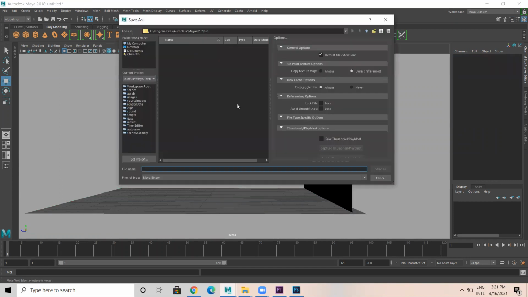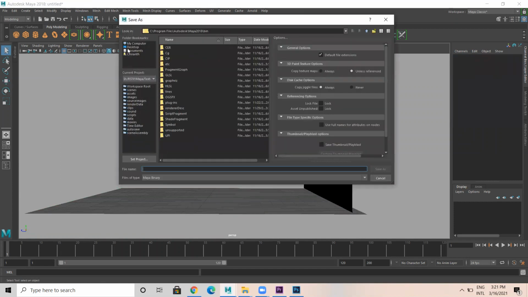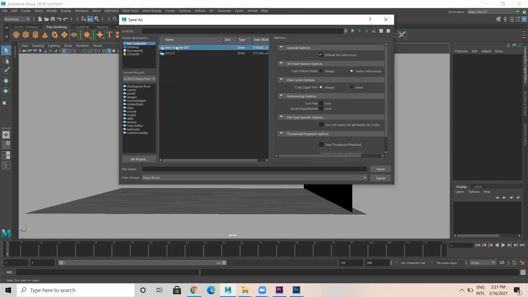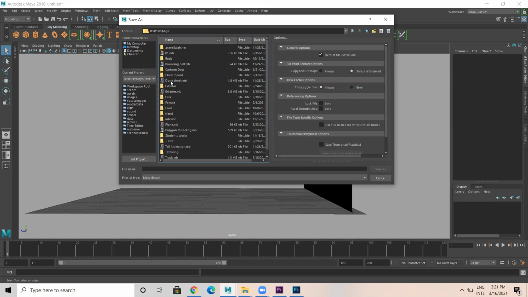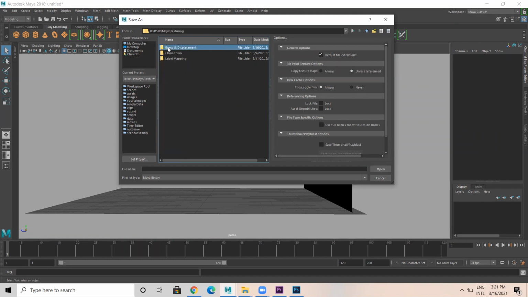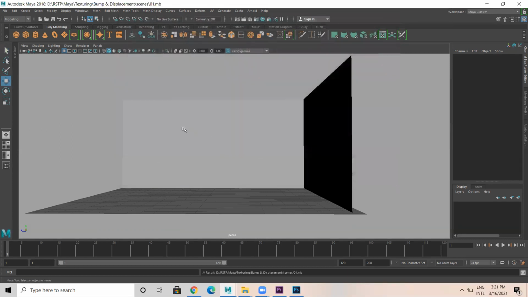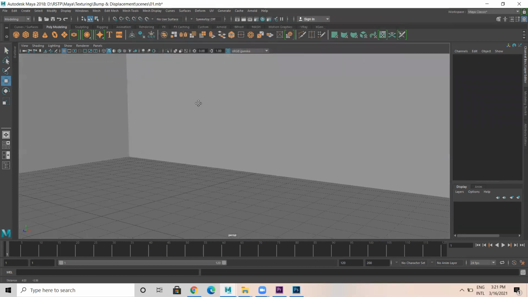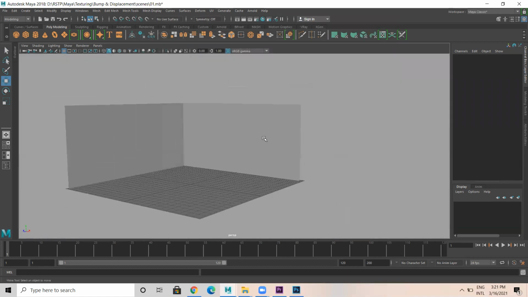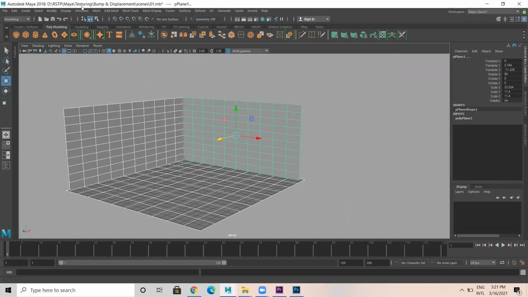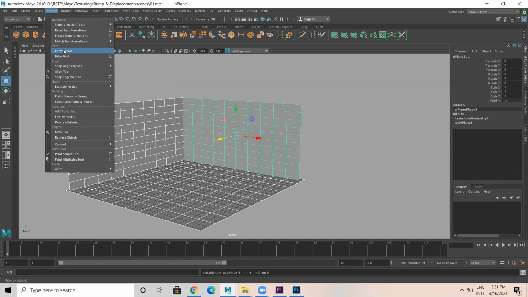Like this, and I'm gonna save this file under scenes. Okay, it's like this. So once it is done, I need to unwrap this: Modify, Freeze Transformations, Modify, Center Pivot.